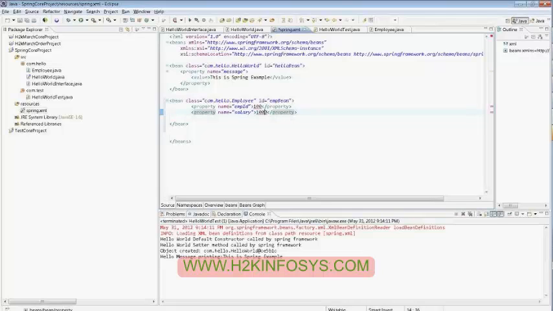I'm not going to write any kind of employee first name or last name. I'm just going to ignore those things. See, if you have the properties set, Spring will use dependency injection and it will set the properties. If you don't have the properties,